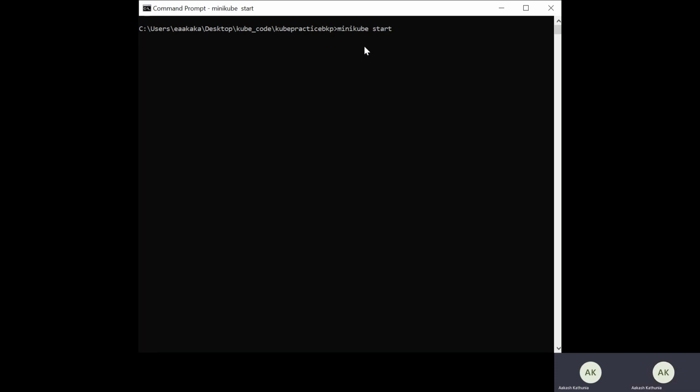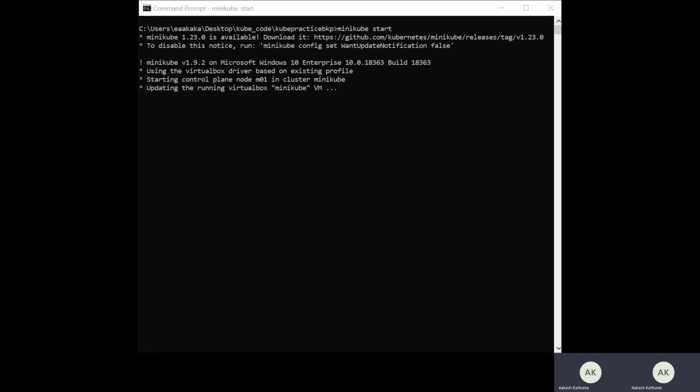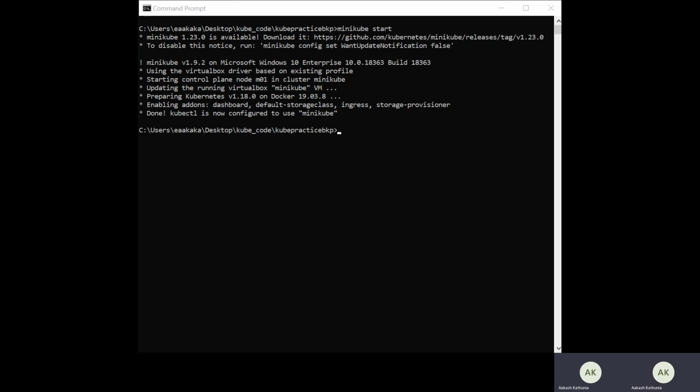Minikube start. It will start the Minikube on which we will create the multi-tier application. Okay, it is starting. Now you can see that Minikube started.